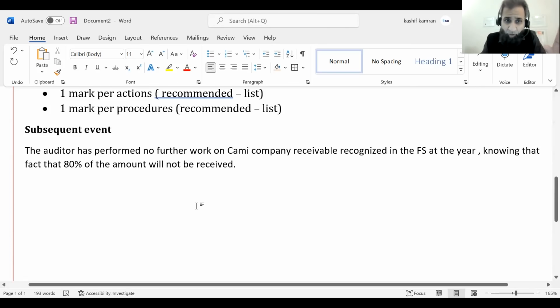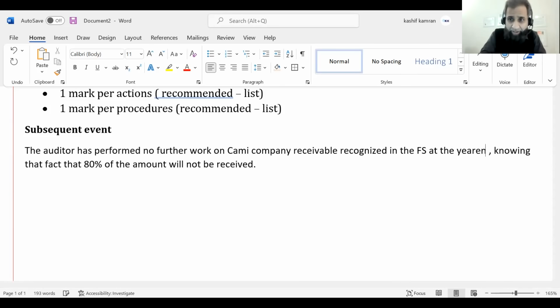So the auditor has performed no further work on the Cami company receivable recognized in the financial statement at the year end, knowing the fact that 80% of the amount will not be received. Now let's comment on the inconsistency. The no work seems to be inconsistent